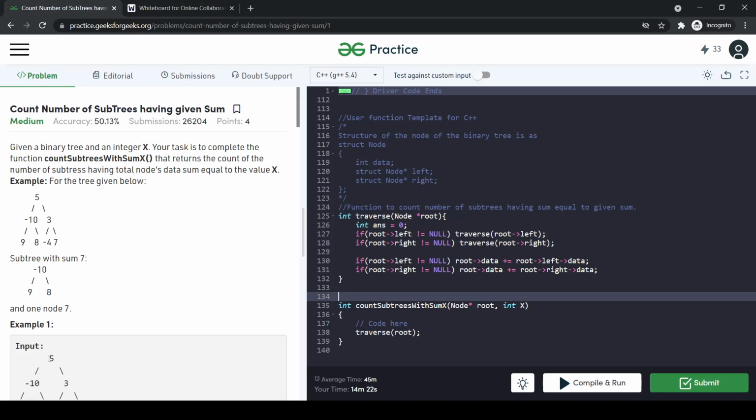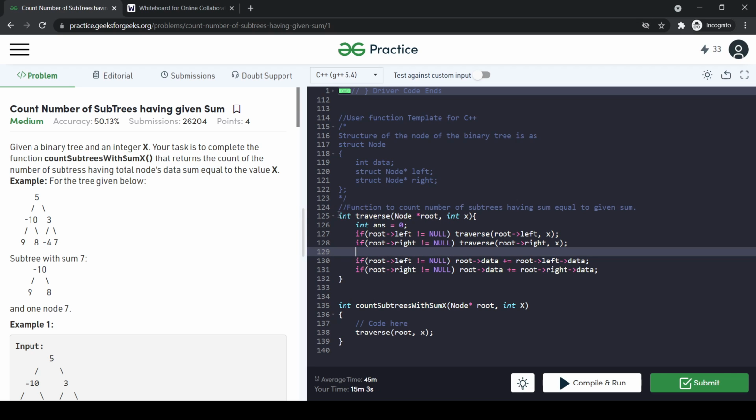We can either create one more function, or we can modify this function only. Here we have to check which elements are equal to x, and we will pass x as a parameter in these functions also.